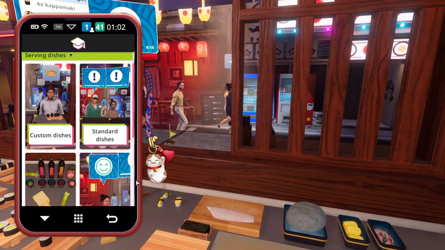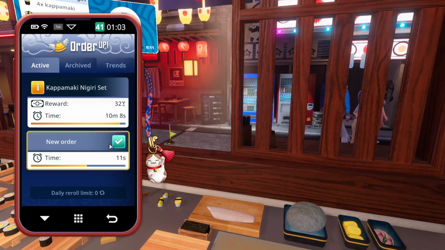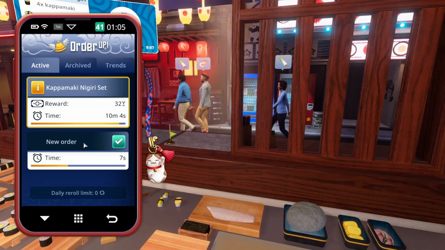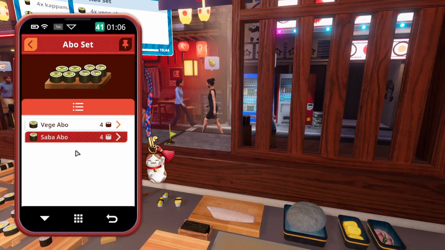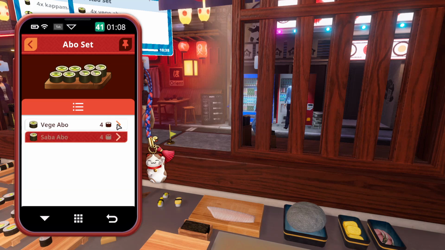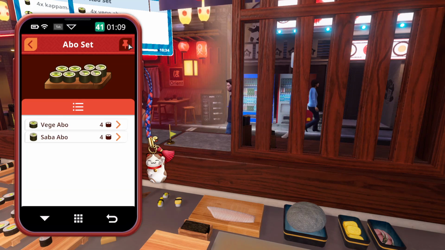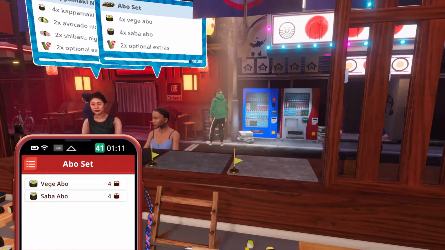Now, we have one more order, but instead of accepting the order by clicking at the customer, because we'll have to walk over, we can go over to order up and then accept it from here. And we can see the order details over here. So we can click into here and then see the order details this way as well. And we can pin this because all we need now is the shibasu nigiri,